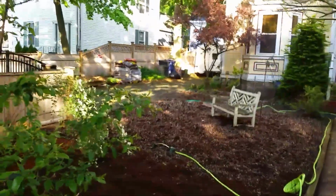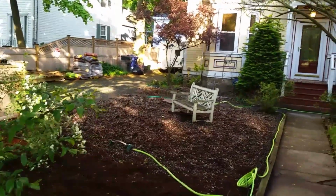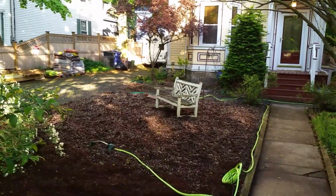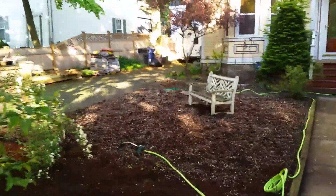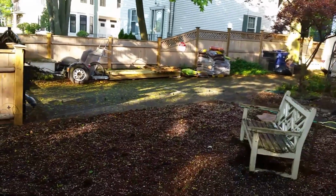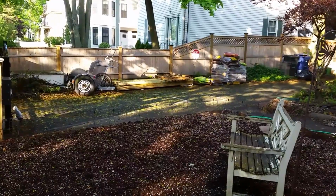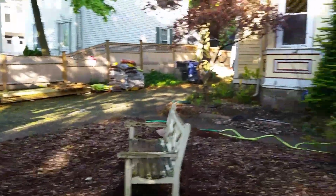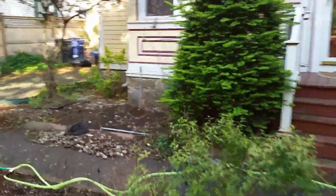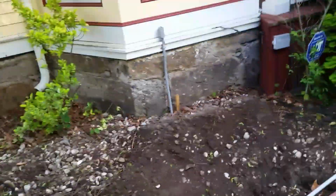started with giving Scott a plan all drawn out a couple of weeks ago on Photoshop, and we got a lot of the products, and you can see it over there. We're going to do raised beds, so there's wood. They're going to be 2-tiered beds in the backyard, and the front is going to be dug out all around underneath this window. We're going to have beautiful ostrich ferns,